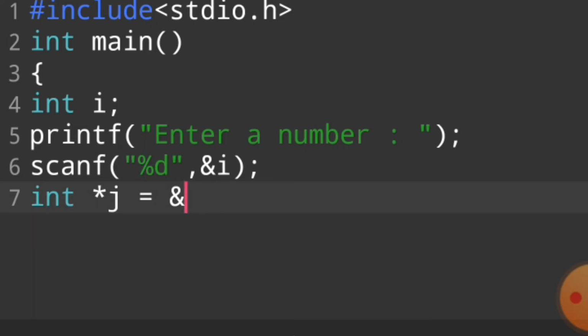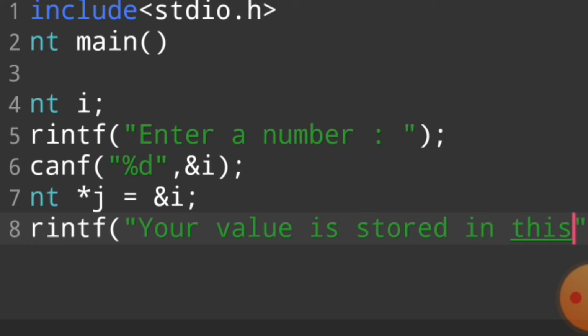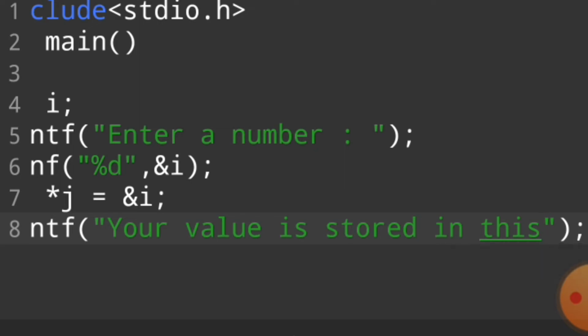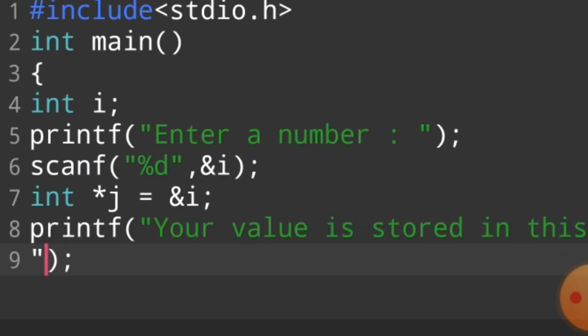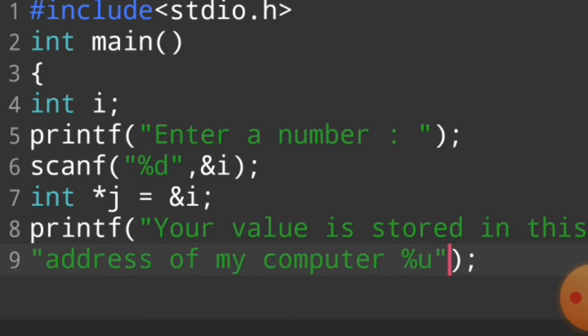So we say printf "Your value is stored in this address of my computer" to our user, with %u, comma, j.